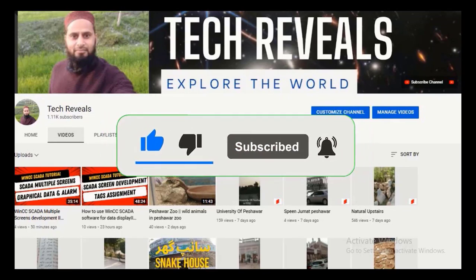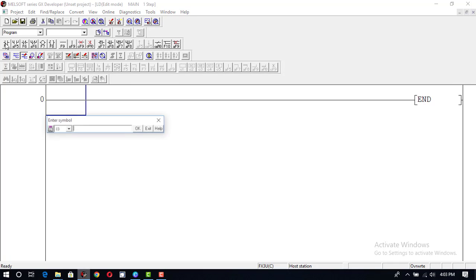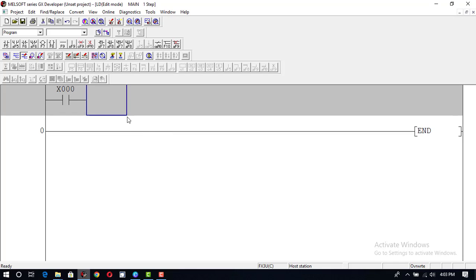We will take an input, let's suppose it is x0, and an output that will be the timer. We have different kinds of timer available in Mitsubishi PLCs, T0, T1, T2, T3 and so on. All these normal timers can be used for the on delay timer. So we will select here timer T0 space K50,